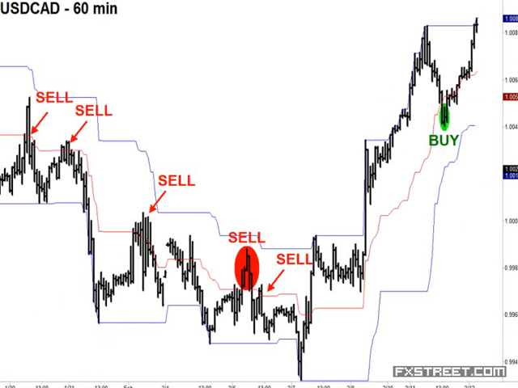This is a 60-minute chart of the Canadian dollar starting at just about the 3rd, which was, I believe, the 3rd or 4th, which is just Monday of the past week. We see here that the Canadian dollar on an hourly chart was in a downtrend. All 3 charts were headed lower, all 3 Donchian channels. At these spots right here, you could have simply sold using an aggressive technique for entry.